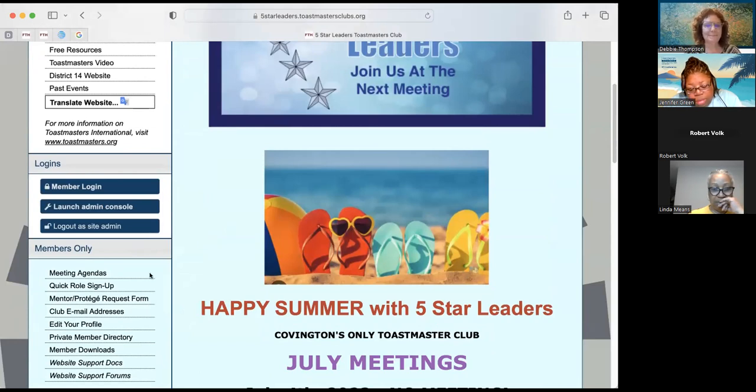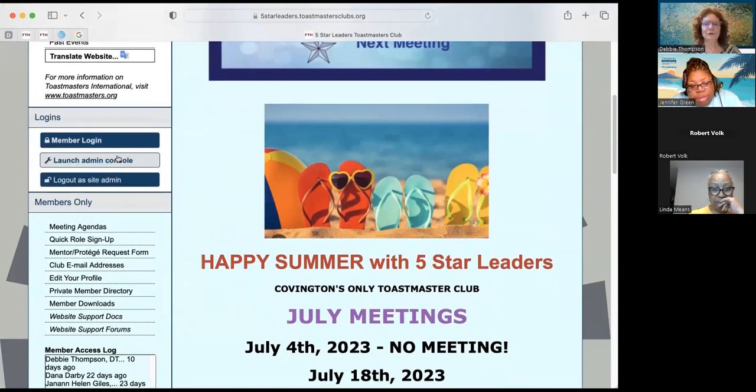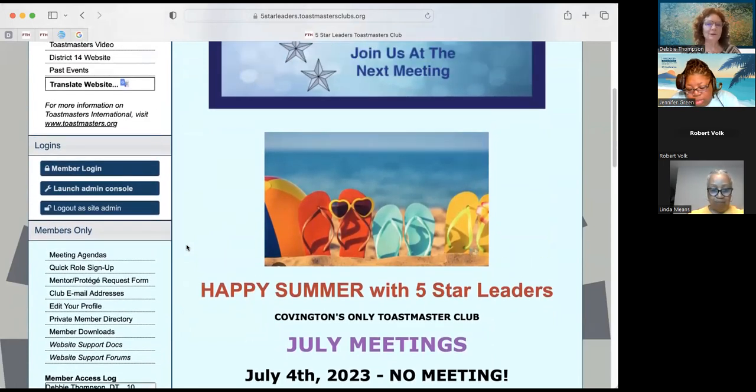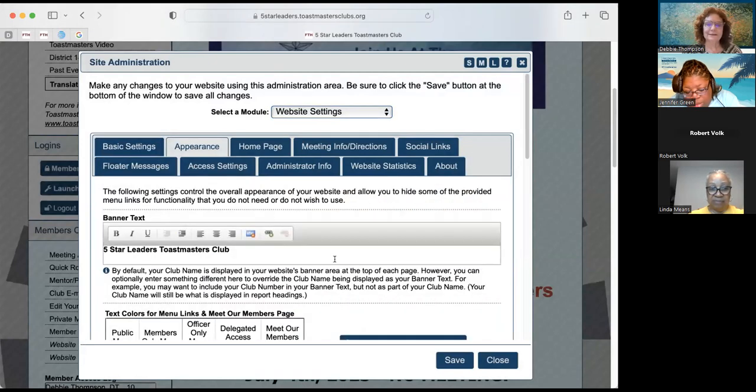All right. Let's see. I do want to go into appearance very quickly, and I'm not going to cover everything under appearance, but I want to make sure we have some time for Q&A. There is a tab here that lets you customize appearance. I'm just going to show you one quick thing here. Let's click on appearance.